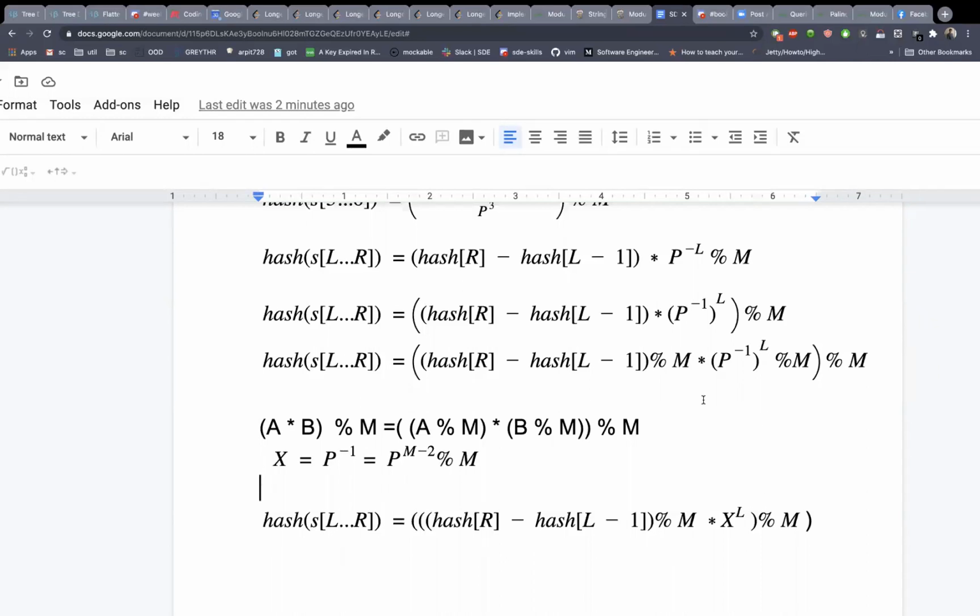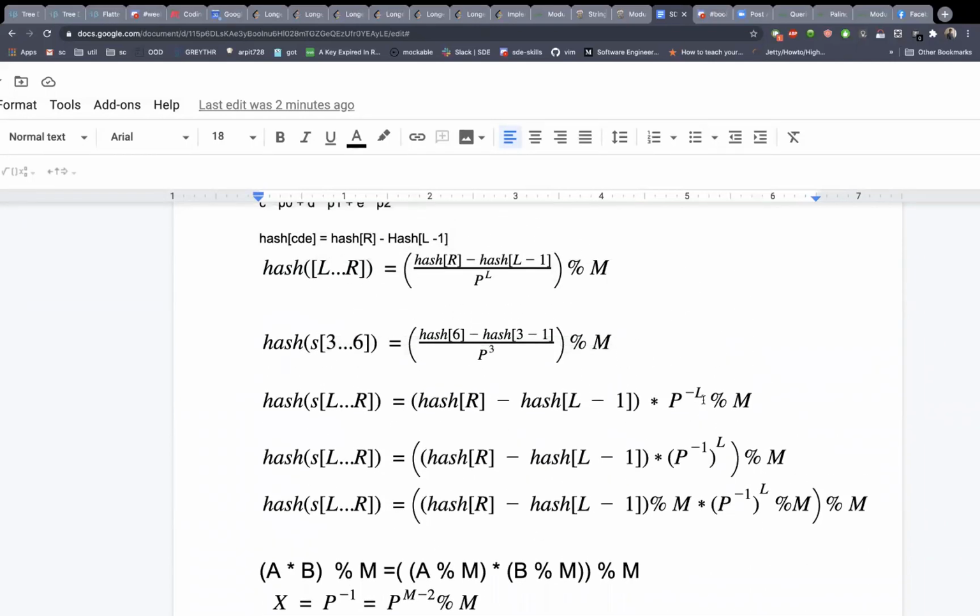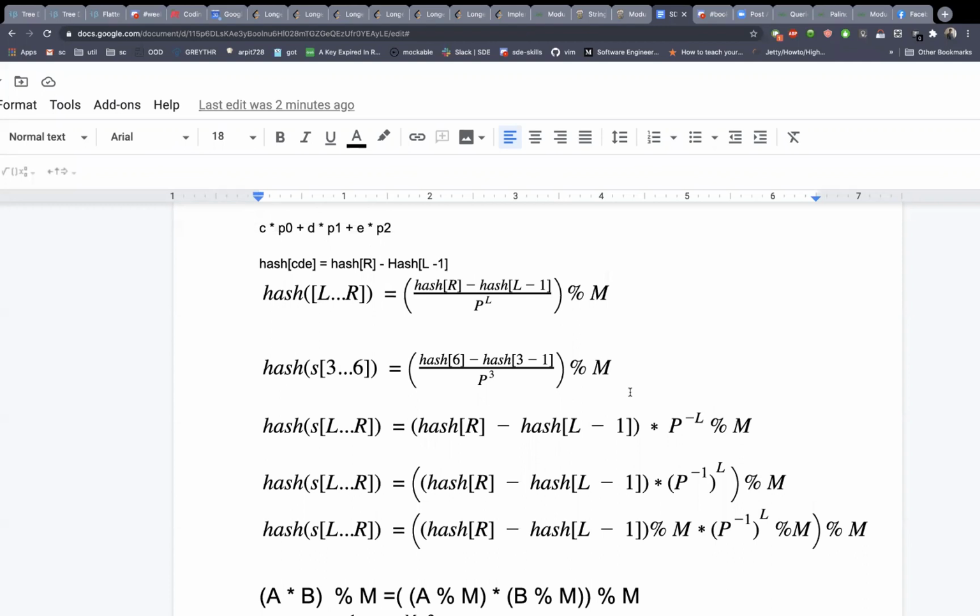No, what I'm saying is, I think the question was, p to the power minus 1 itself is not an inverse modulo, right? It's just the inverse. Whenever we say inverse modulo, it is p to the power minus 1 mod m. I think that is the second equation after the multiplication.